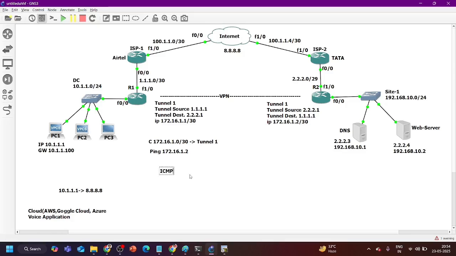Tunnel 1. ICMP. Source IP is 172.16.1.1. Destination IP address is 172.16.1.2. Yes, the exit interface is going to be the tunnel interface. And guys, whenever the router finds the exit interface is a tunnel interface, the router will add one extra IP header called the GRE header,